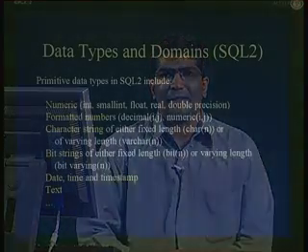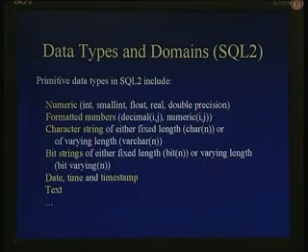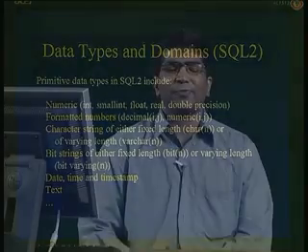You can also define character strings of either fixed length, which is shown by char(n), or of varying length, which is defined by varchar(n). So I can say that this attribute name is a varchar of, say, 60. So that means that this attribute can store a string whose length can vary anywhere up to a maximum of